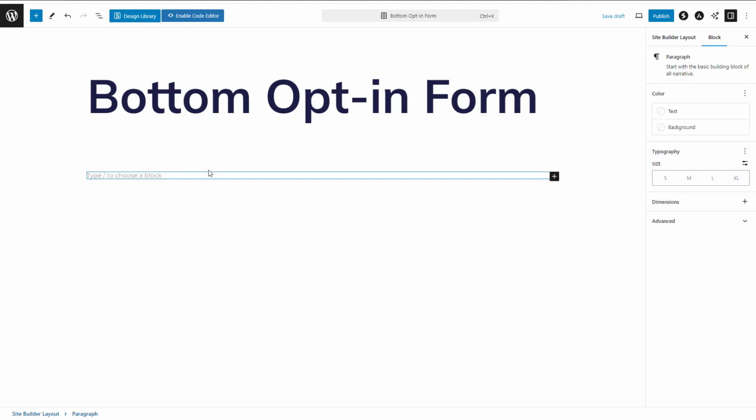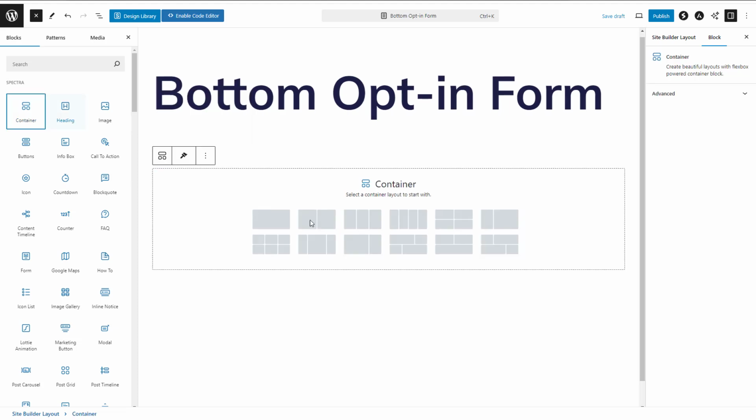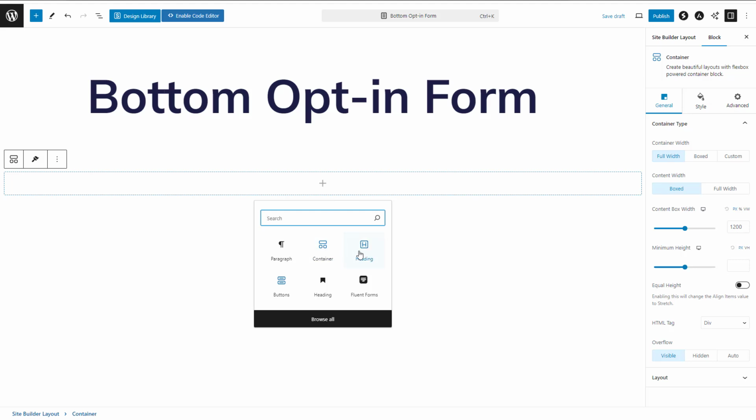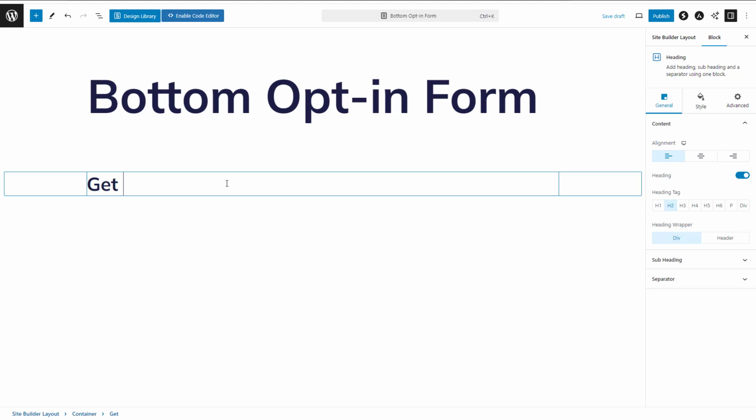You can definitely design this opt-in form using any page builder, but for the sake of this video, I'm using the Spectra page builder, which is a free one. You just need to click here. Let's add a container, and let's choose one column, and let's add a text. So let's add a heading here, and let's say get 100% free advice